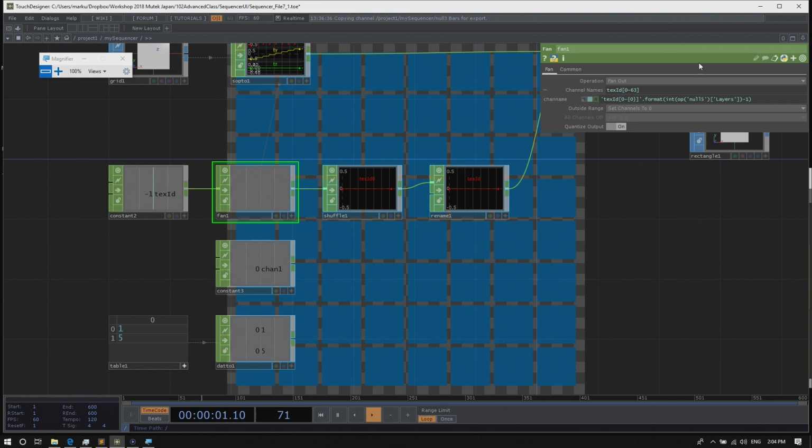So we'll use the same or a similar expression as we have in our fan, so we can copy this expression actually.